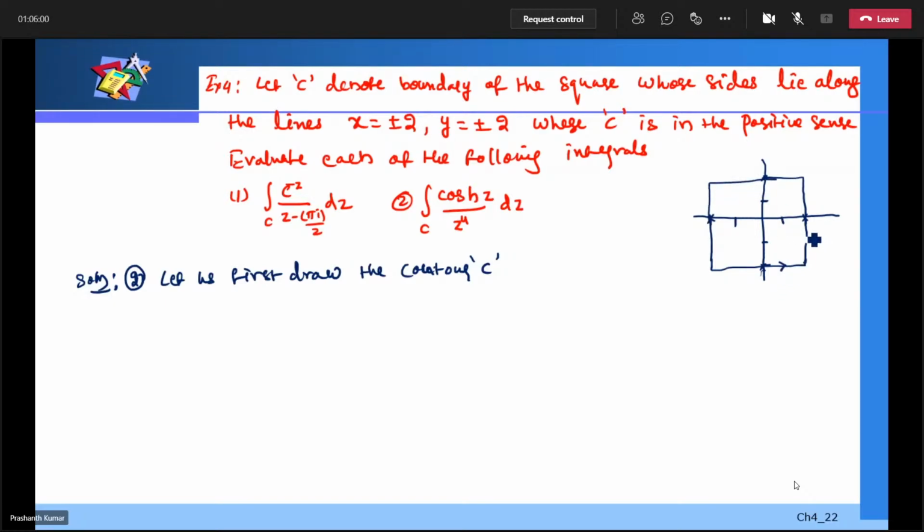The direction of the lines is anticlockwise, positive sense. Okay, closed contour. So here the representation is the line. I will take A, B, C, D. So then the lines